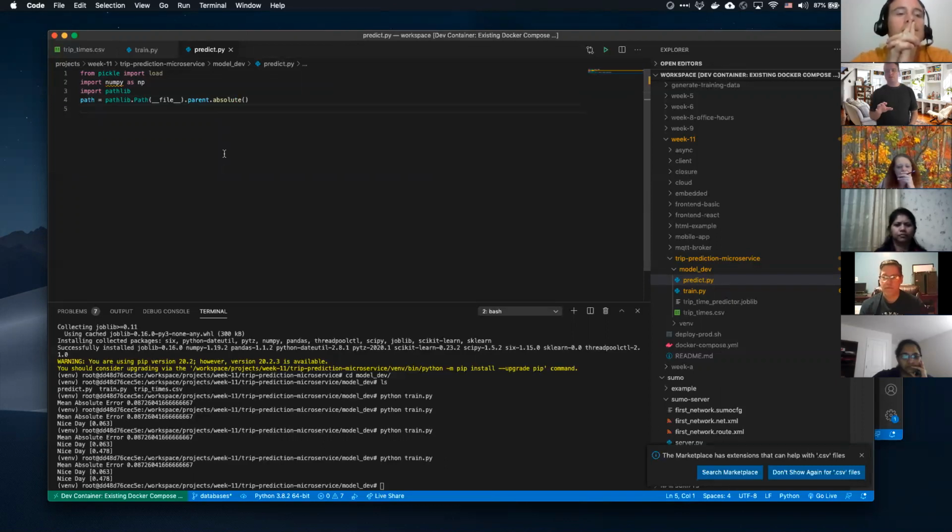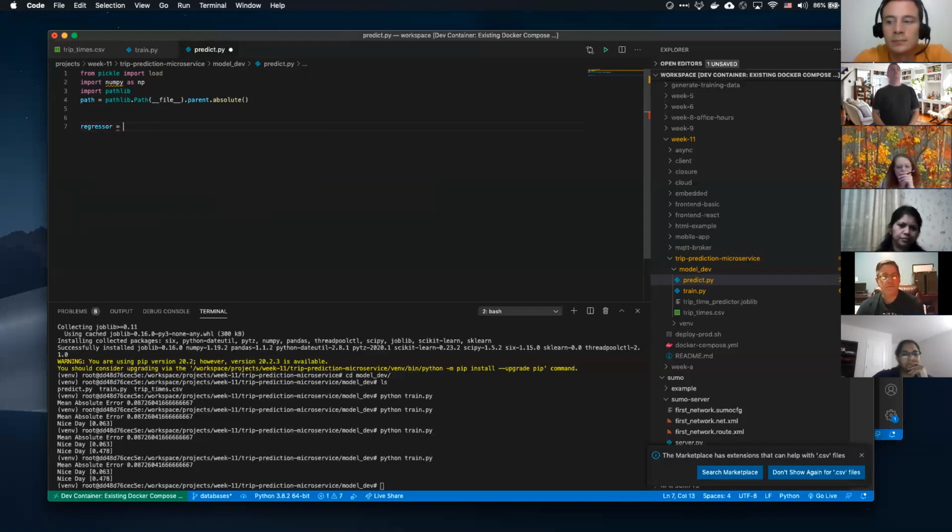Don't worry about this so much right now. I'm doing this because we're going to need to move this thing around, and it's going to start impacting us when we start Dockerizing things, so that we get the absolute path and we're not constantly fighting with not being able to find files within the context. And I don't want to hard code the absolute path here, because you might want to download this and use it on your machine, and your machine's path can be different than mine. So we're just abstracting that at this point.